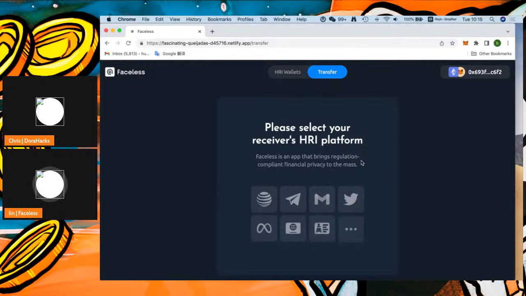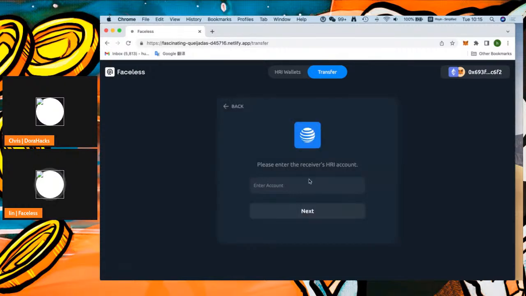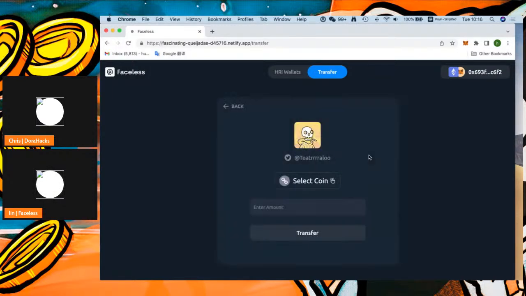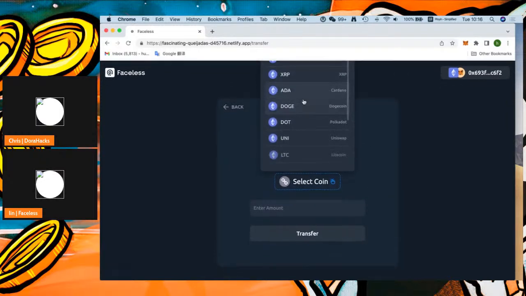Right? Let's say you want to transfer some token from your HI account to your friend's HI account. Maybe your friend also has a mobile number recorded in the system. Then you can type in your friend's number, and then you can also select the token. Right?